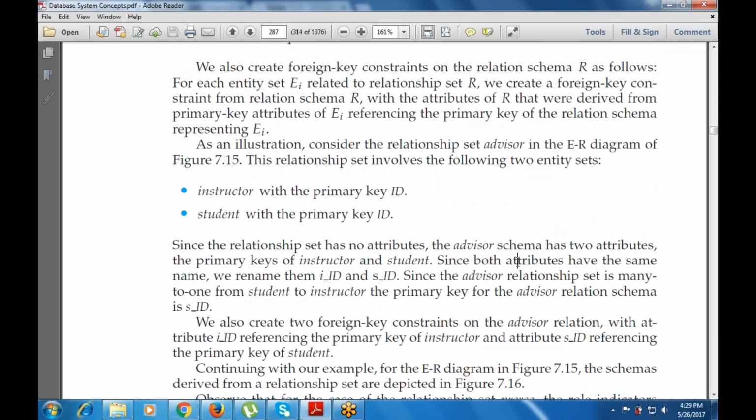Since both attributes have the same name, we rename them as EID, IID and SID, that is, instructor ID and student ID. And since the advisor relationship set is many to one from student to instructor, the primary key for the advisor relation schema is SID. And we also create two foreign key constraints on the advisor relation